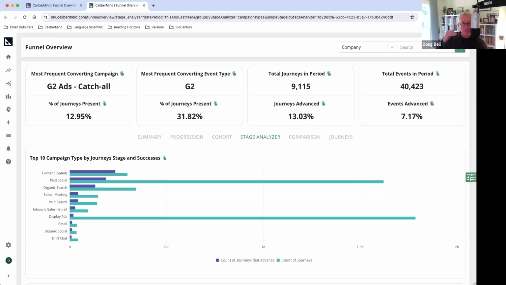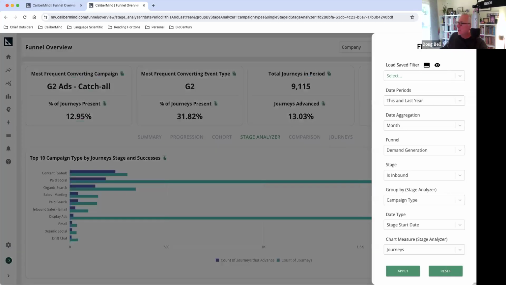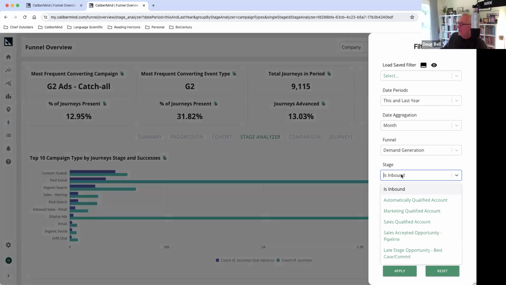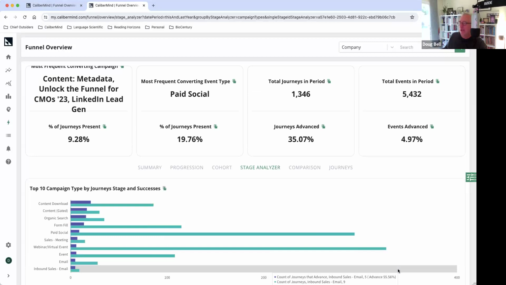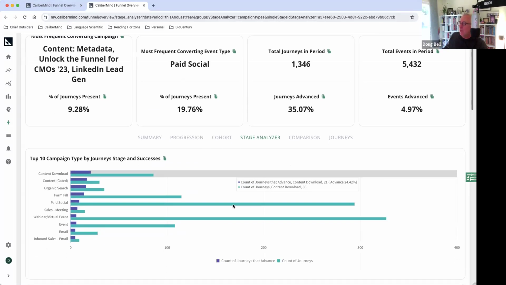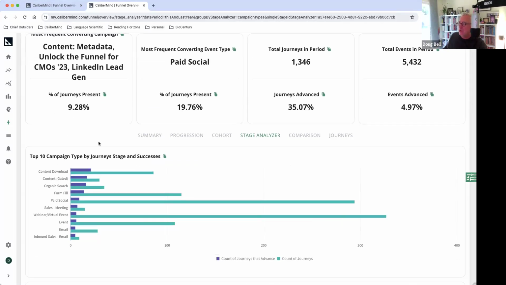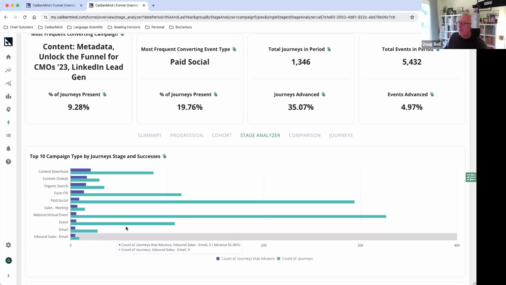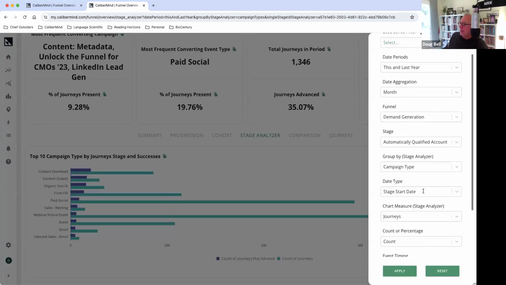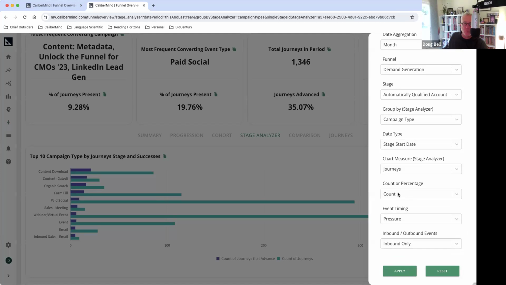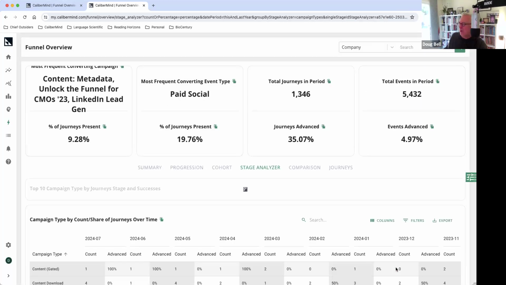Okay, so I want to understand what's going on a level below that. So what I'm going to do is bump down here. I was at inbound. I'm going to get down to AQA, otherwise known as automatically qualified accounts. And I want to see what type of campaign types are contributing at this level, and if anything, what's converting better than other campaign types. I'm going to take a slightly different view on this. I love toggling back and forth between count and percentage. It's a lot easier to understand what the conversion rates are when you're looking at percentage as opposed to